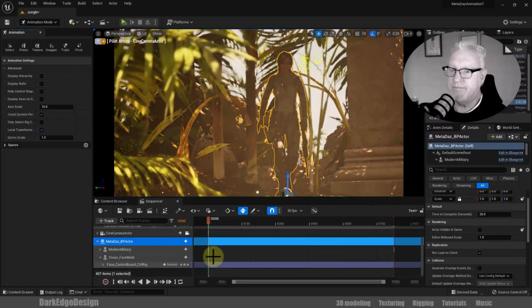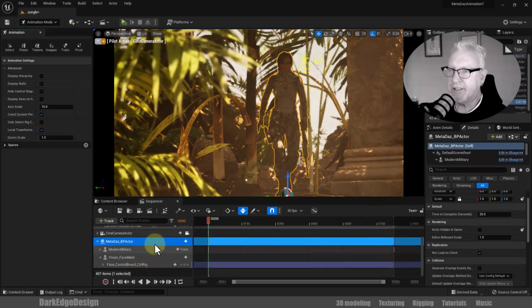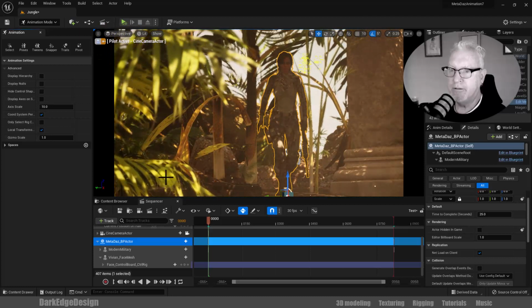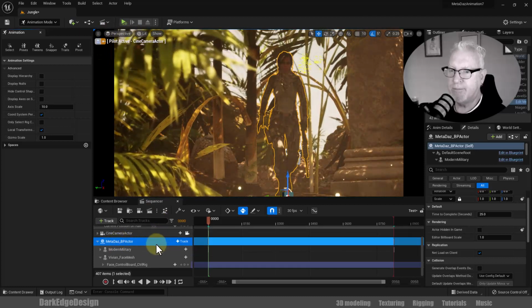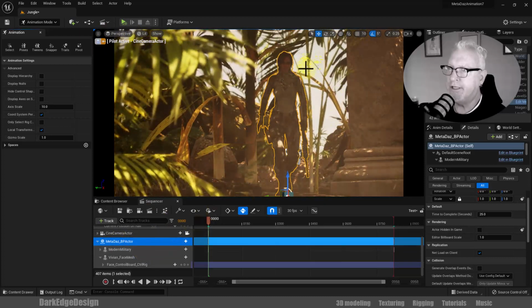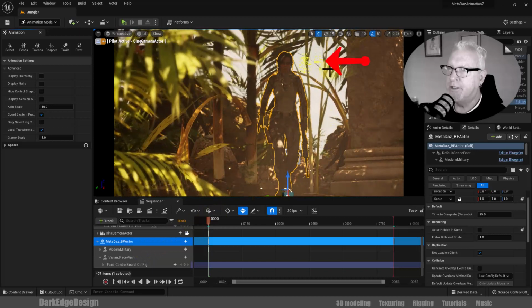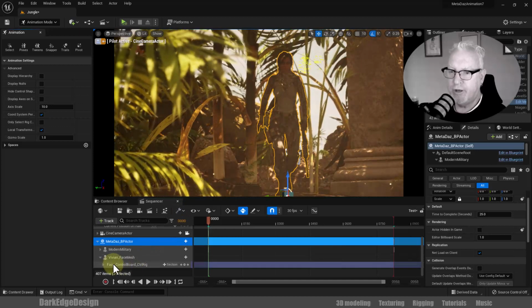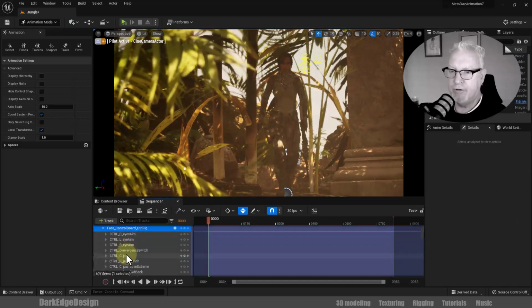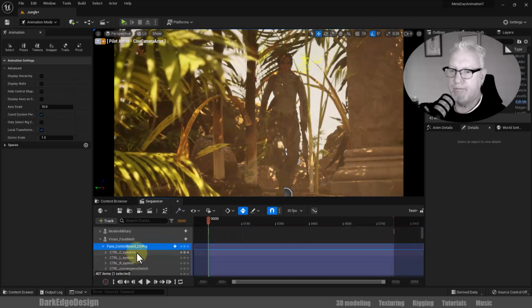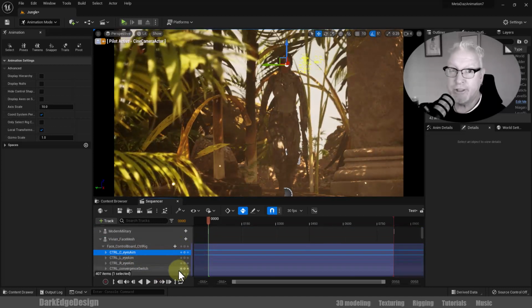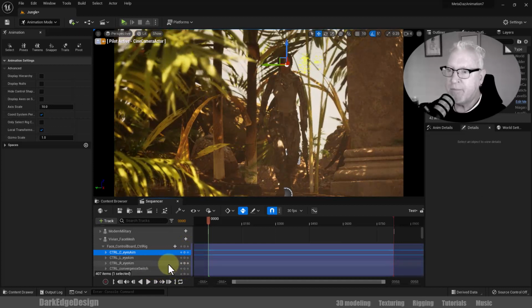Now you'll notice as I click on my blueprint, I'm in the pilot camera mode, and I've selected my blueprint. You can see the MetaHuman face rig right here. So if you want to go ahead and do that, you certainly can. Go in here, make your keyframes. You want to make sure you set keyframes. And then